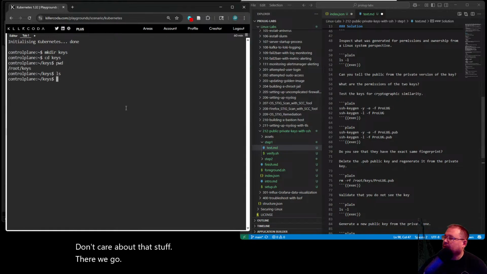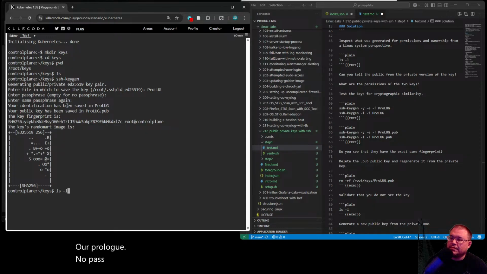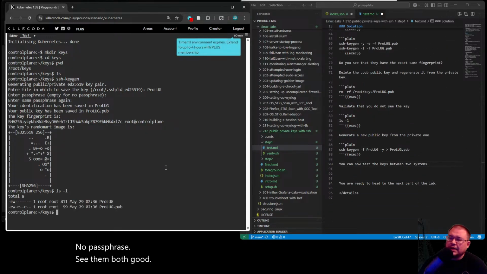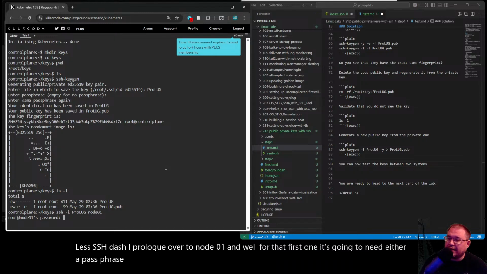Okay. Got all that. Let's ssh-keygen our prolug. No passphrase. See them both. Good. Let's ssh-copy-id -i prolug over to node 01. And, well, for that first one, it's going to need either a passphrase or, I think, let me think about this.